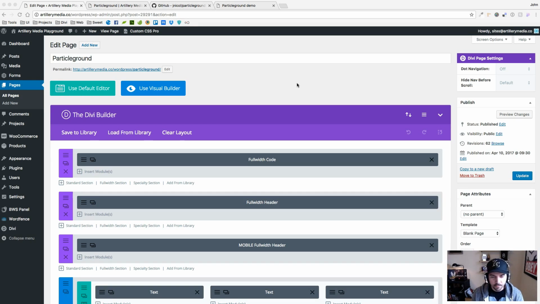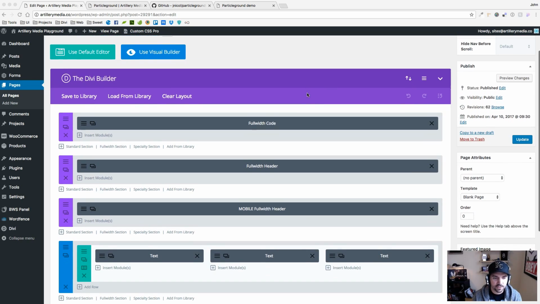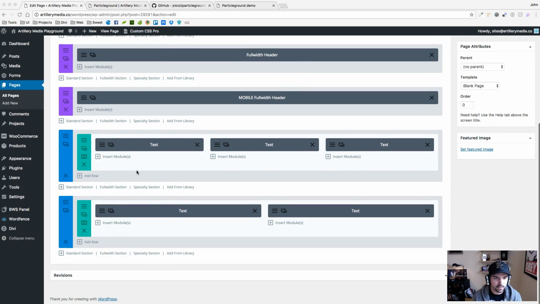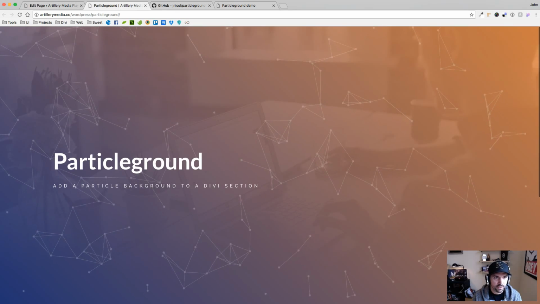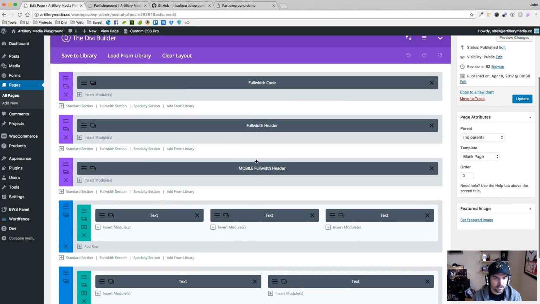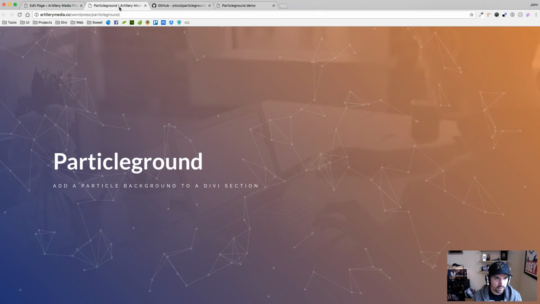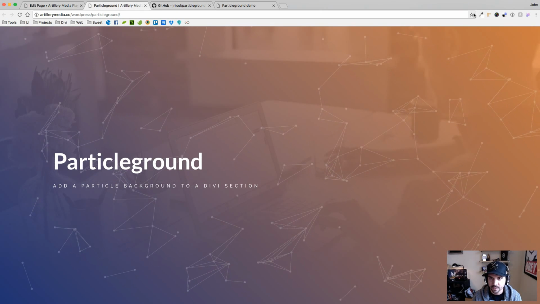Alright, I'm back, and welcome back if you took a break. So here I am in the back end of the Divi builder. I have a page set up, pretty simple page here. We have 2 column text and 3 column text down here at the bottom. And then at the top I just have 2 full width headers, one for mobile and one for not mobile. I'm actually disabling this effect on mobile